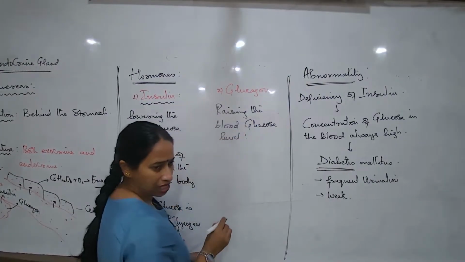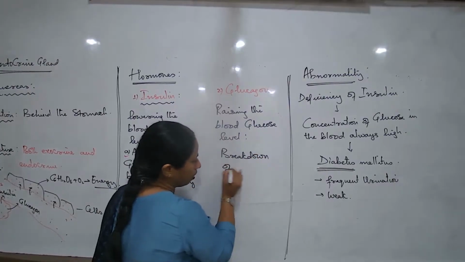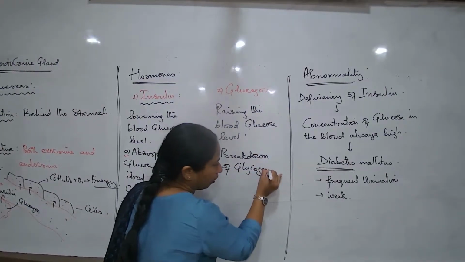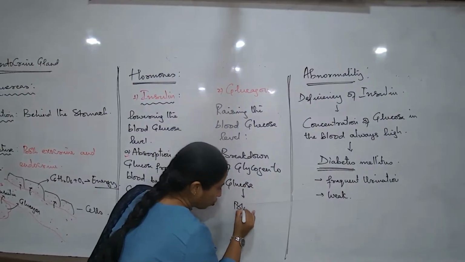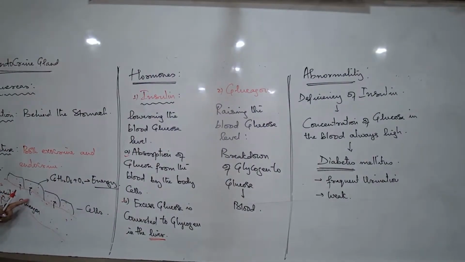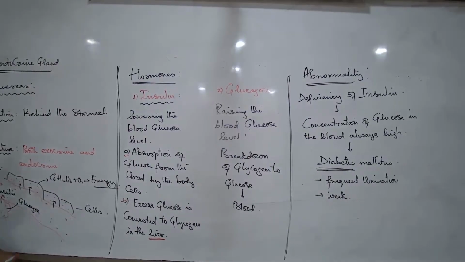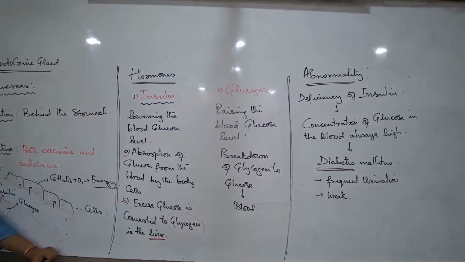How does it do this? By the breakdown of glycogen to glucose, and then releasing the glucose into the bloodstream. That is what glucagon does. So I said, when the blood glucose starts falling, almost touching the threshold, which hormone will be produced? Glucagon, trying to raise the glucose level. How will it raise the glucose level? In the liver, it breaks down glycogen to glucose.